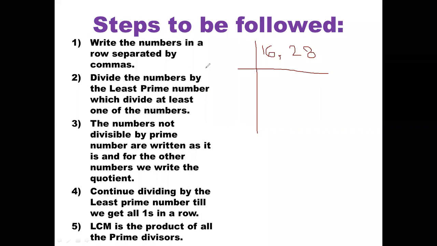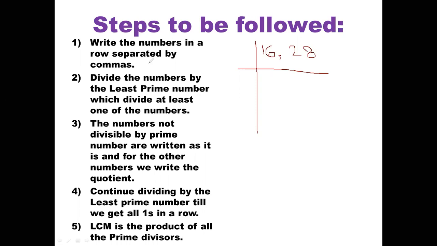Now, look here, children. I did the same by following the first step. I have written my question in row and column form, which is known as the division method, and I have separated these two numbers by putting a comma in between. Because I'm writing on the screen, my writing is a little bit messy, so kindly ignore that. Later on, I'm going to explain some more examples in the copy also, so that you can learn how to do the copy work, and you will see some more examples.